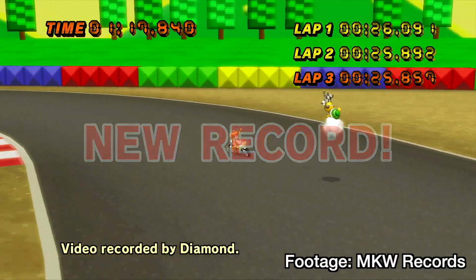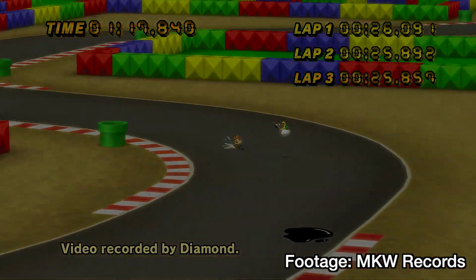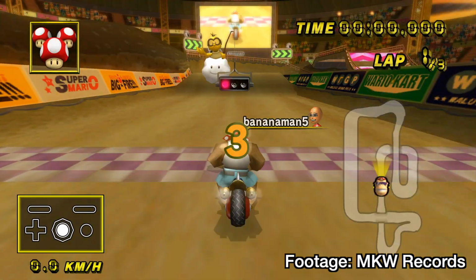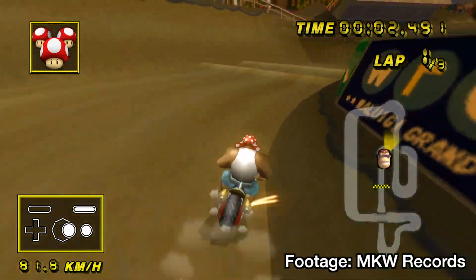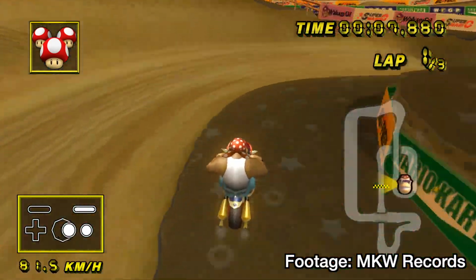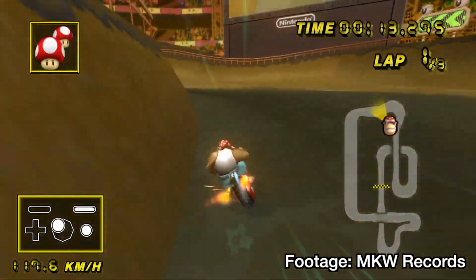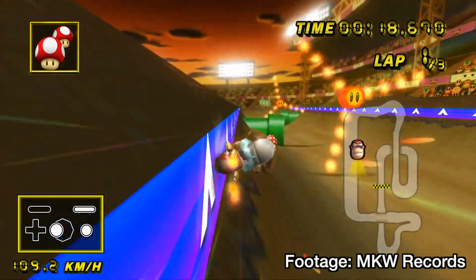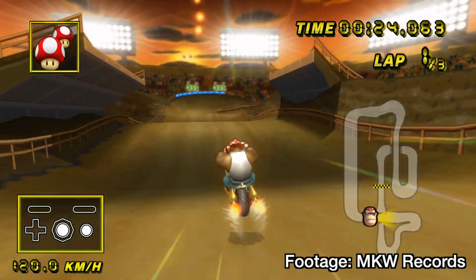If you do the exact same inputs twice, which nobody can physically do, you'll get the exact same run both times. This is why we can record ghosts or create TASs on Dolphin, since the same inputs will always result in the same run. In other words, the run that you get is a function of what your controller inputs to the game. Now, the smart ones among you here might already be starting to see the problem. What if, instead of a real person with a controller providing these inputs to the game, someone were to create a so-called TAS controller that can recreate a predefined series of inputs and use them in a time trial?